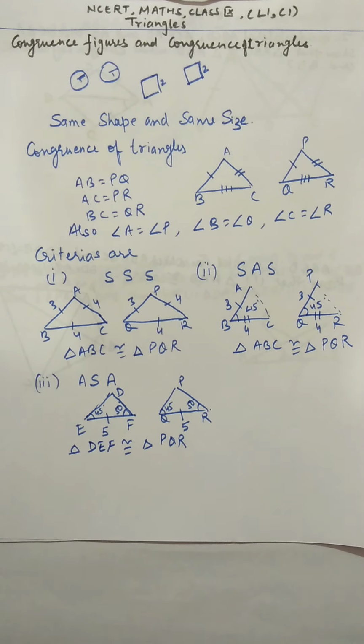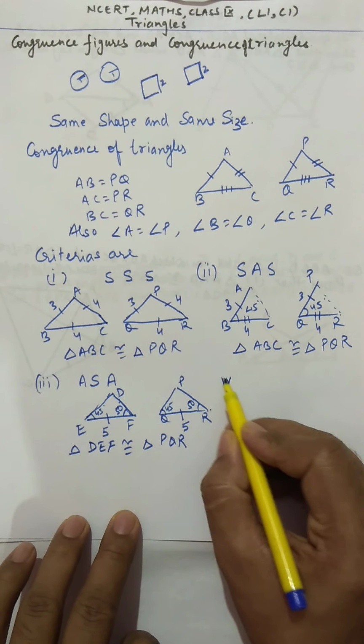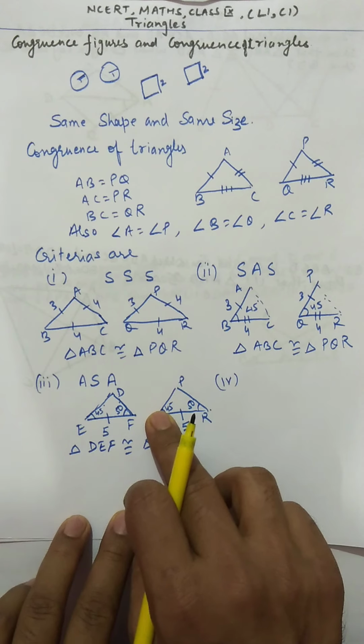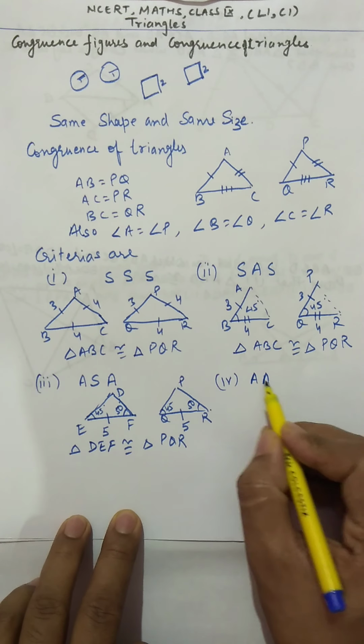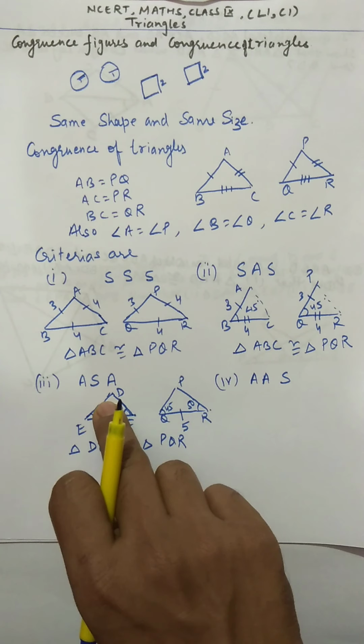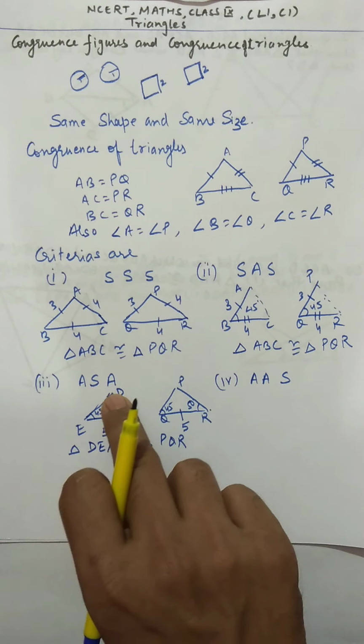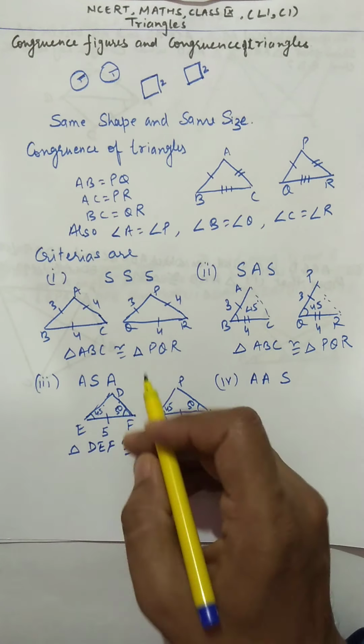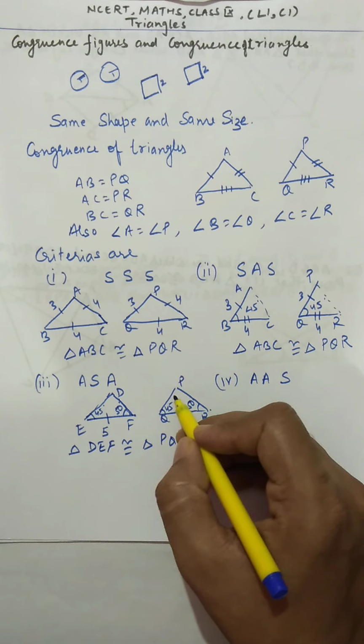So this is the third criteria. These are the main criteria. Fourth one, that is actually the same as this part. This can be considered as angle side, but this is nothing new. This is the same criteria. If I use angle sum property in this triangle, then you will find this angle is also equal to this